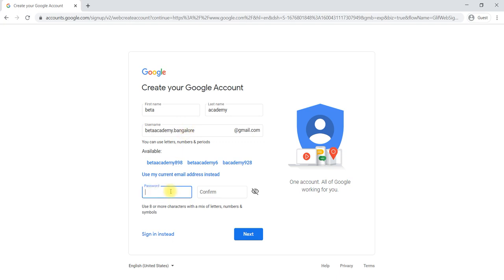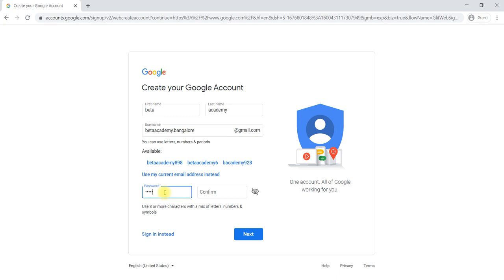Then it will ask for the password. You have to give your own password, but you should remember that password, and a number as well as a symbol should be there in the password.